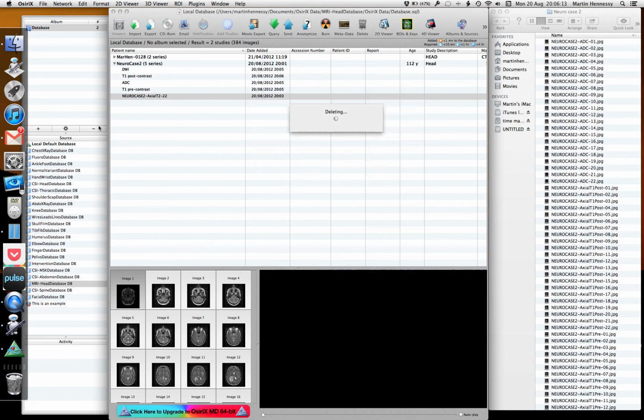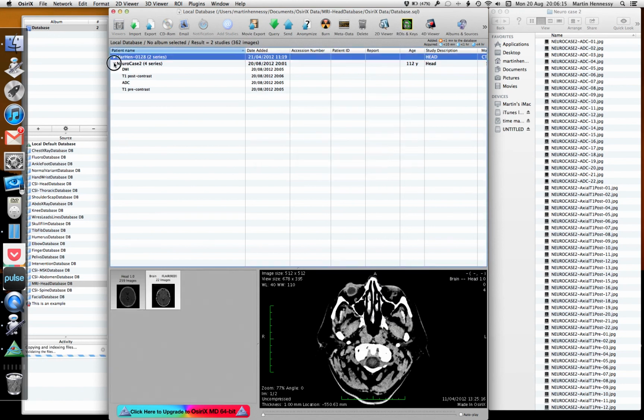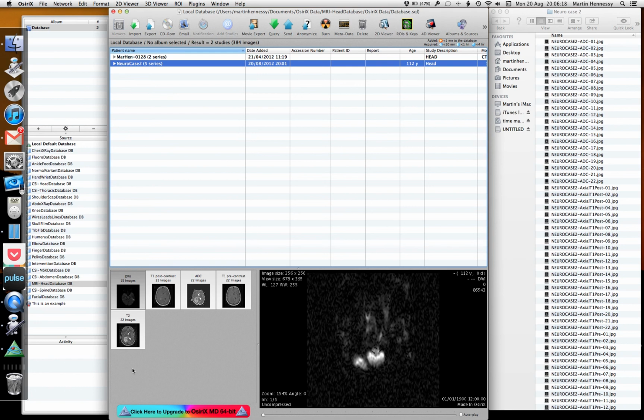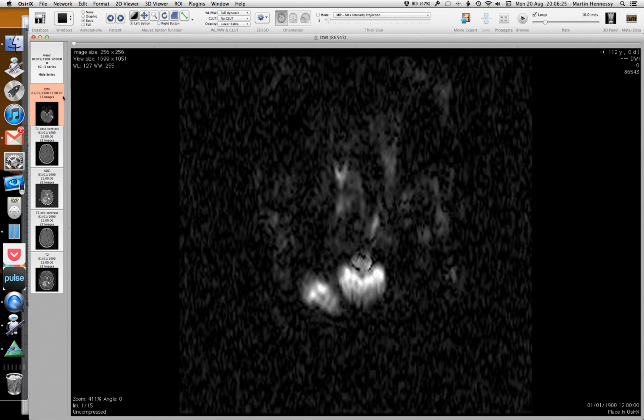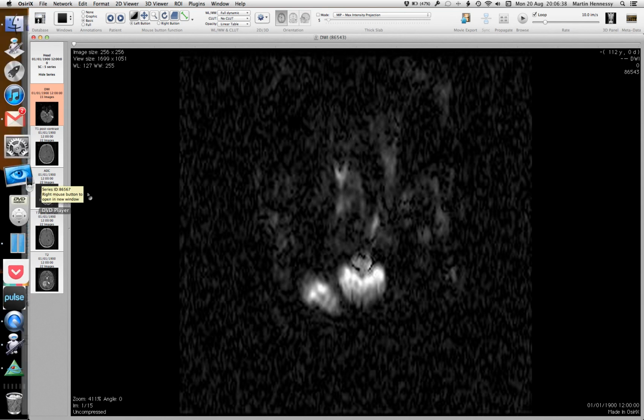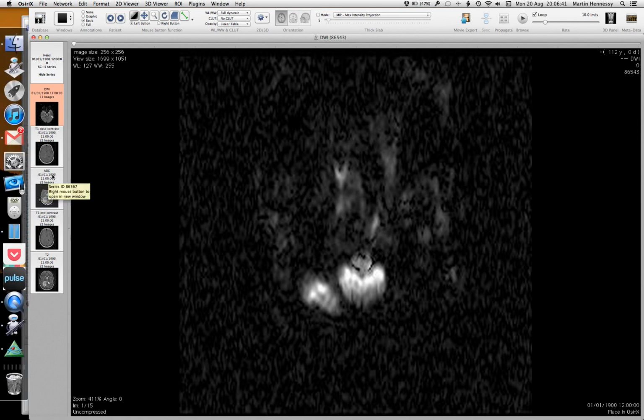Okay, so let's hope, kind of doing that, learning that as I went, there we go. So we now have our 5 studies, and it doesn't have the name that we gave it with Automator anymore, so it's slightly easier to read. The date of birth there, which I entered, and the time of the study, I guess if you didn't enter that, that wouldn't be there. That's not date of birth, that's the date of acquisition. That might make it a bit more clear, but hopefully that should be how